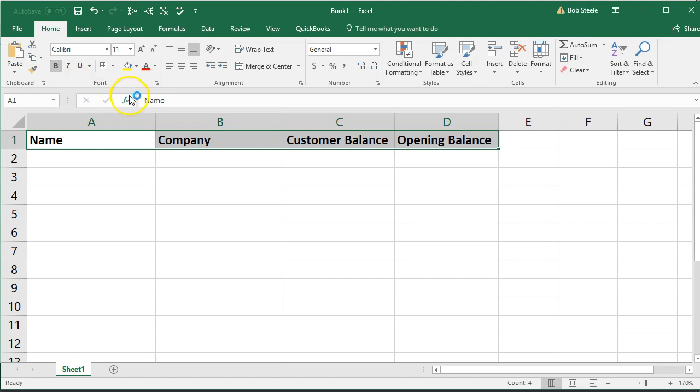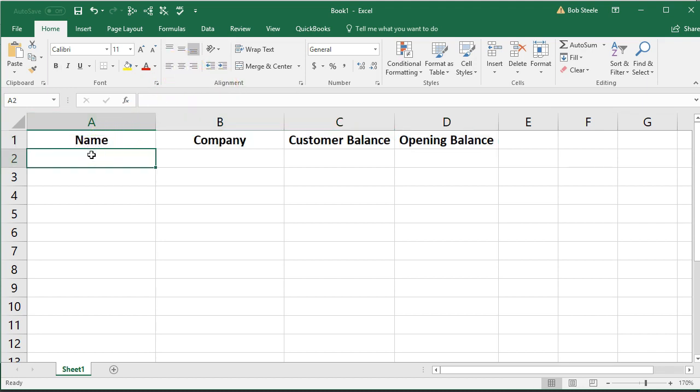If you want to center it, sometimes that's nice. Go over here and center them. That's the Home tab, Alignment Group, Center. Then we can type in the names that we have. So we're going to say the first person is Anderson